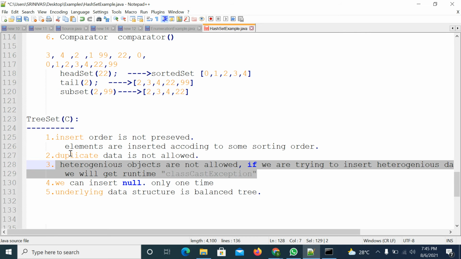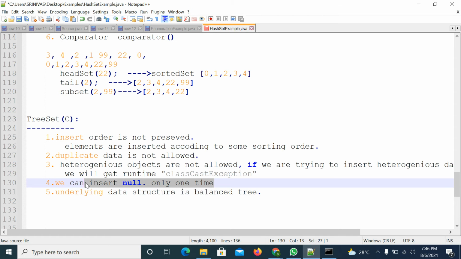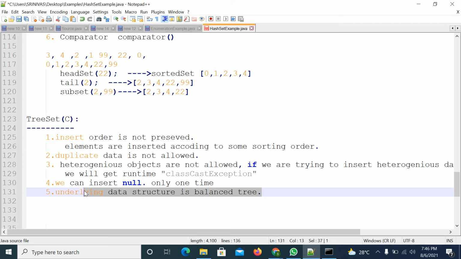Because it has to sort, and to sort, the data must be of the same type. If you try to insert different kinds of data, you will get ClassCastException. Null insertion is possible, but you are not supposed to insert null two times, because duplicate data is not allowed. So this works based on a balanced tree as the underlying data structure to improve performance.